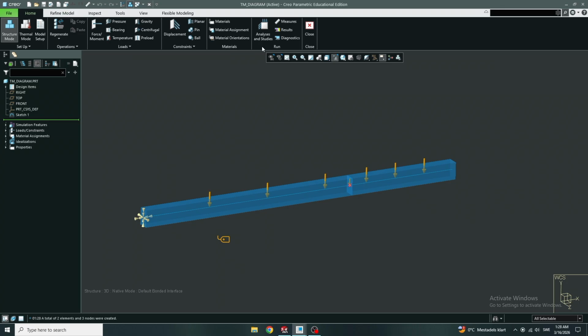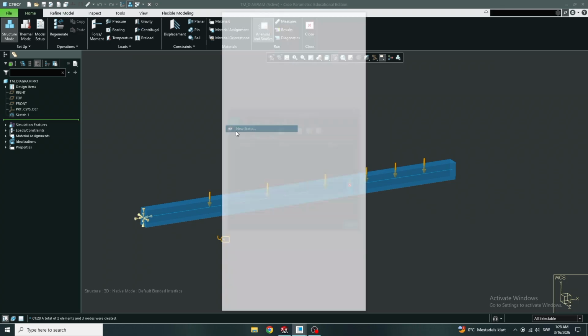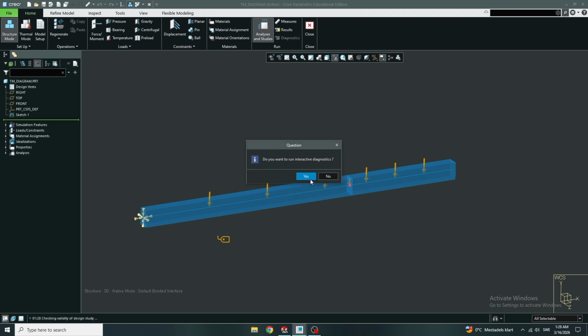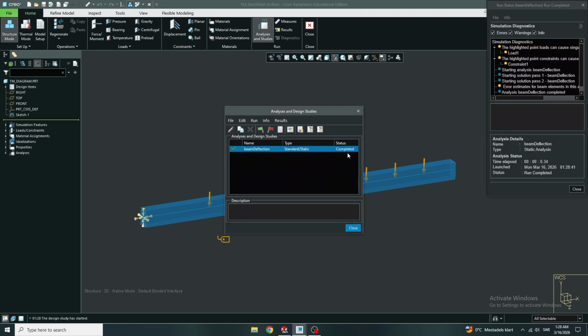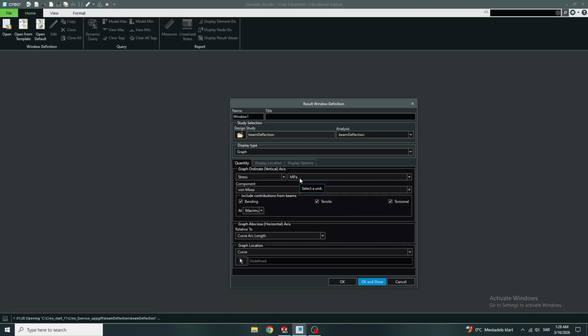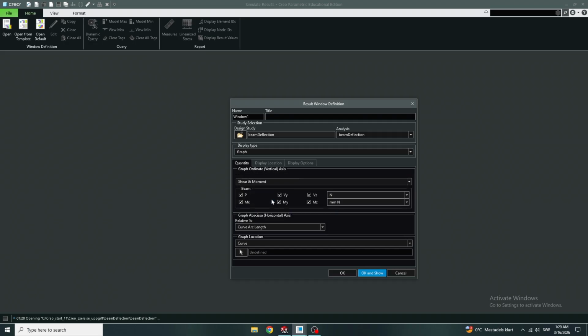So you go to analysis, create a new static analysis, beam deflection. It's a linear problem, multipass adaptive, and you run it. It's going to be so quick because it's only 1D, 2 beams. For the results, under display type, you go to graphs, and you choose shear and moment,